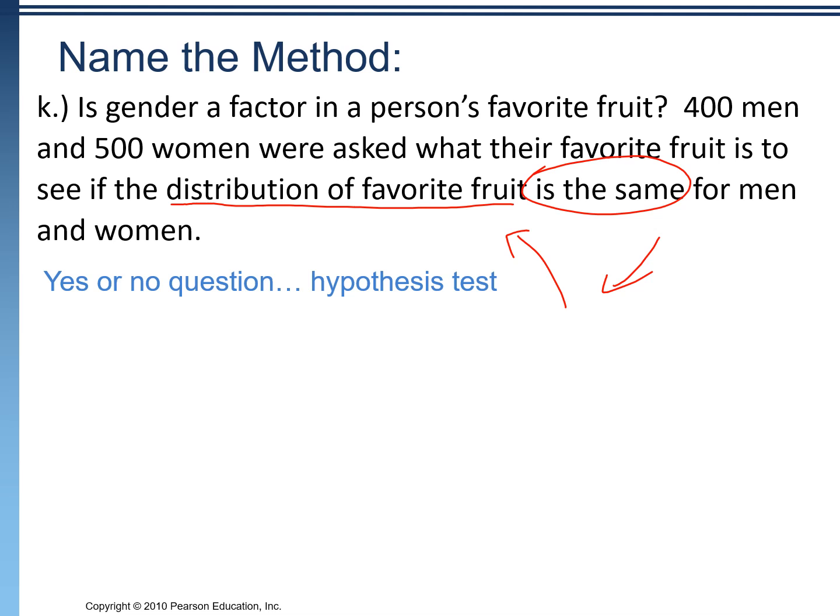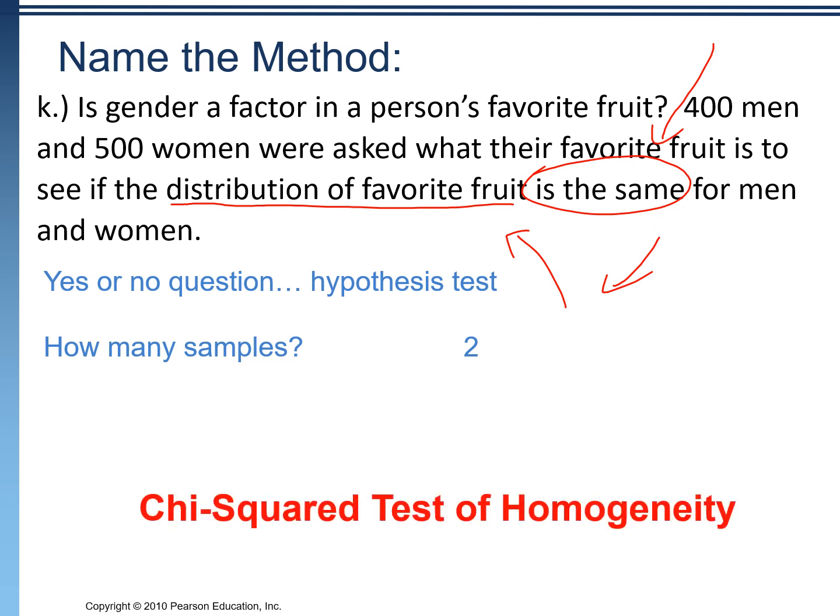So that said, it's a chi-square test. Now we have to decide what type it is. We have two samples here, 400 men and 500 women. This wording is also cluing us into the fact that this is a chi-square test of homogeneity. When we have two samples, it's always going to be homogeneity because we want to see if those samples are